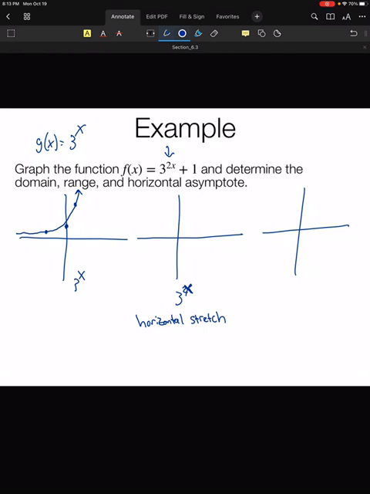Okay, and so it literally stretches out the graph to be twice as slow in increasing or decreasing as it usually would be. Okay, and so to see the effects of that, it would still cross the y-axis at 0,